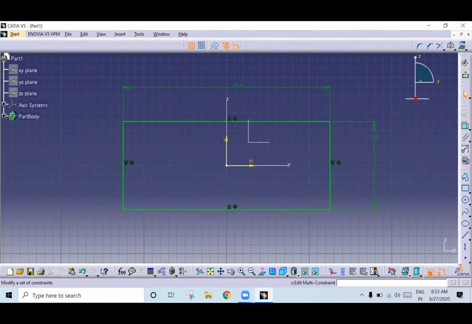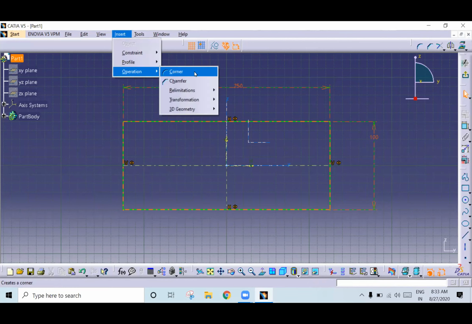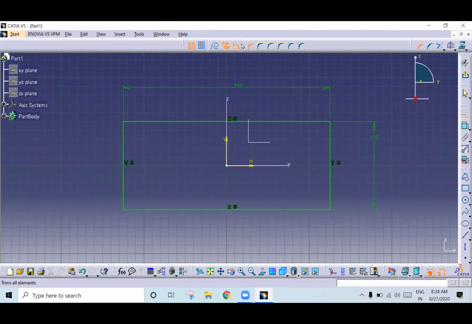Say next. Suppose, see here we have operation features: corner and chamfer. Corner is used to create a fillet. Chamfer, you know, will cut at some angle. So go to corner. Once you select the corner, you have one window here.